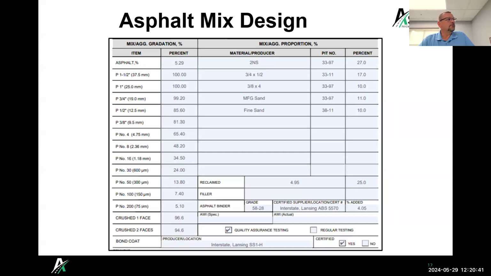In Michigan, we use a performance graded system, so PG. So this would be a PG 58 minus 28. 58 is your high temperature designation, and minus 28 is your low temperature designation. Those are usually specified by region, by where you are in a particular environment. It's to assure that that mix will perform over those certain temperatures. We could talk about that for an hour if you get into the whole PG grading.